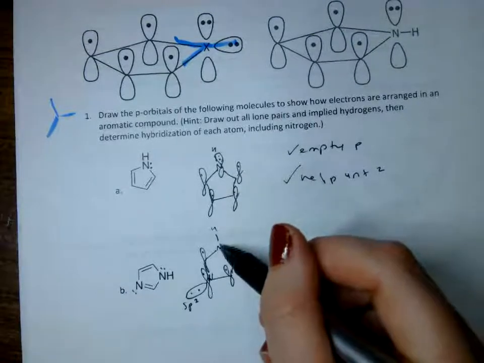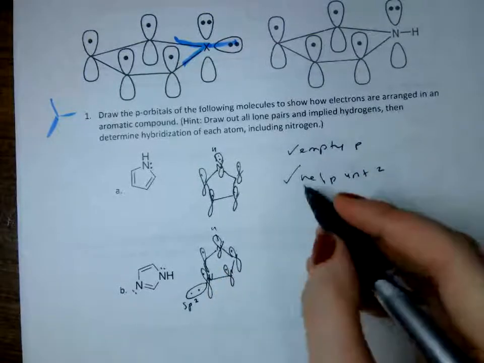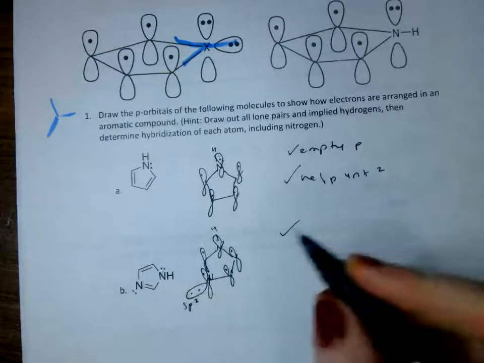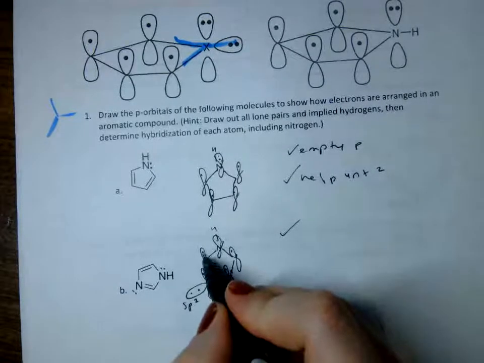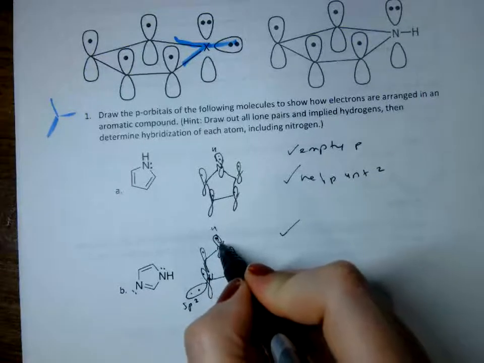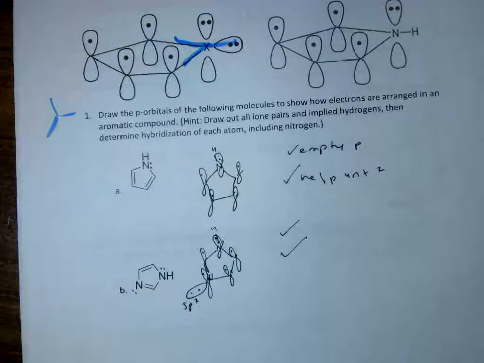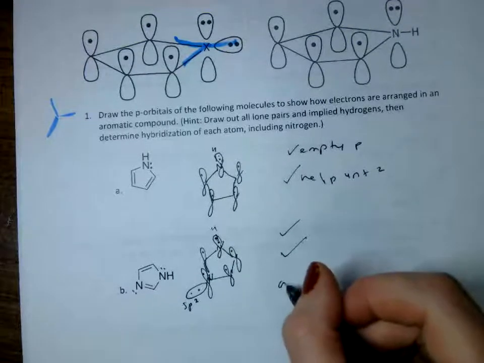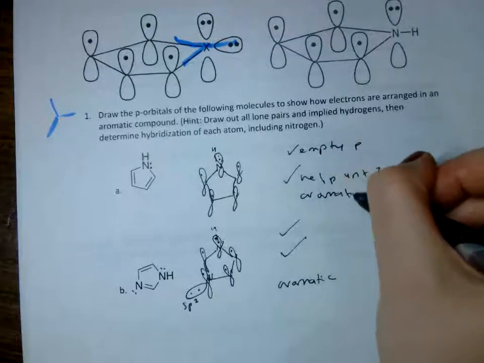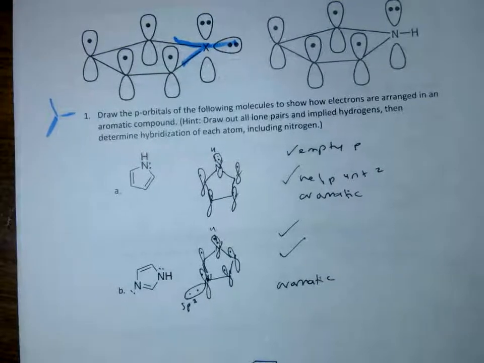Now this one up top does have an empty p orbital. And so then the question is, would it help 4n plus 2 pi? Well, there's only 1, 2, 3, 4 electrons total. So yes, it would make 8. Or it would make 6, sorry. So that would be an aromatic ring. Actually, all these are aromatic. Okay, so the next one,